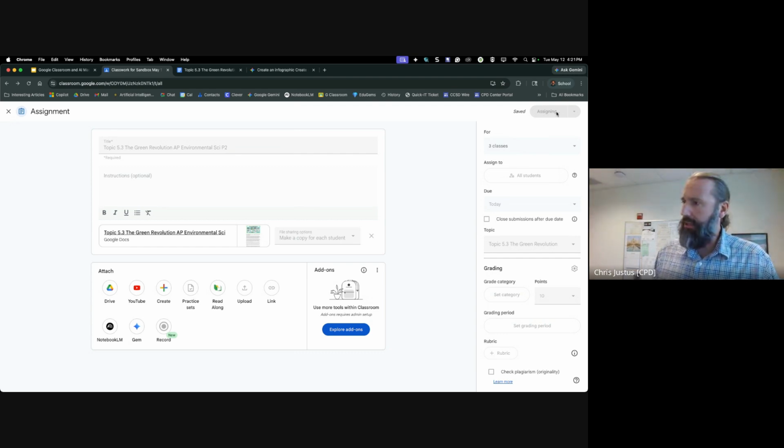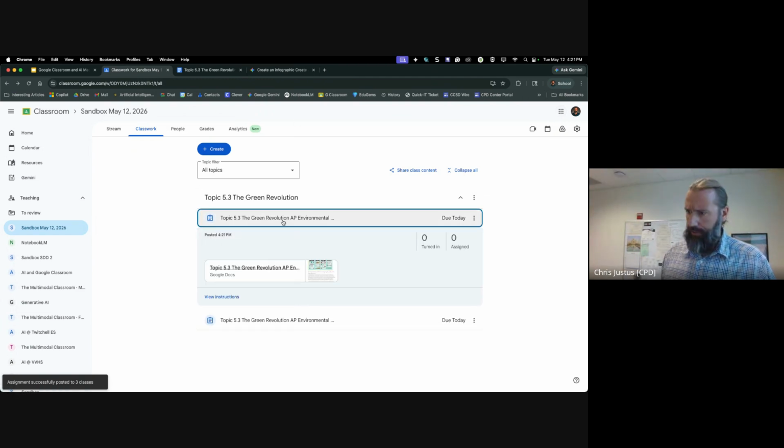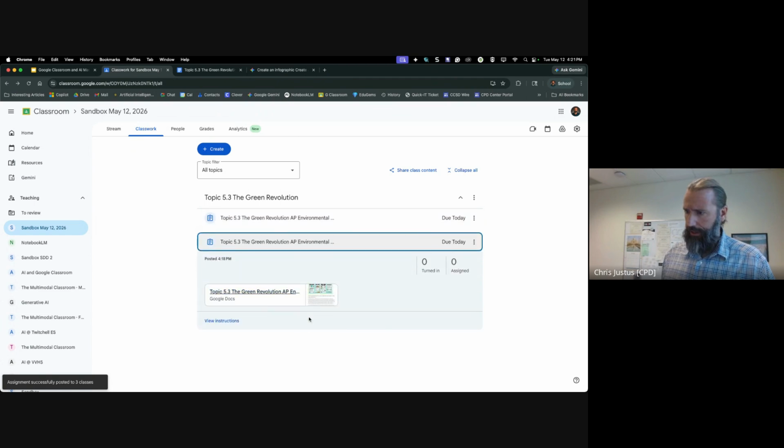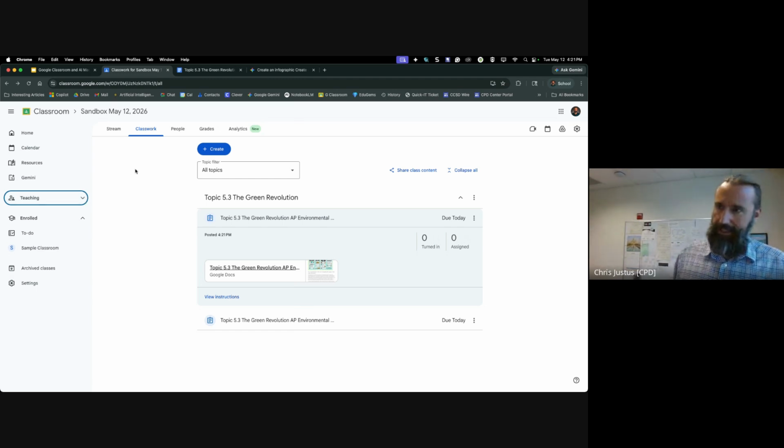All right, let's let it do its thing. And then as those students open up that assignment, the system will automatically create a new version for them. Now let's see which one it is. I love that. I have to go through and figure out which one the old one is. Okay,